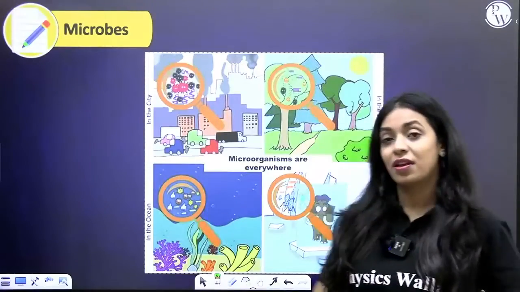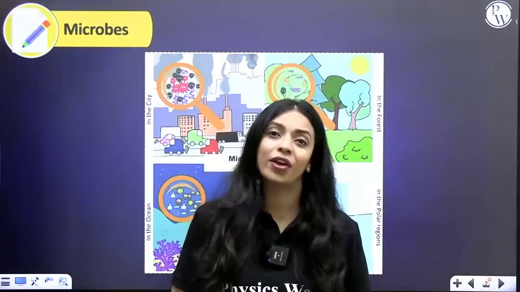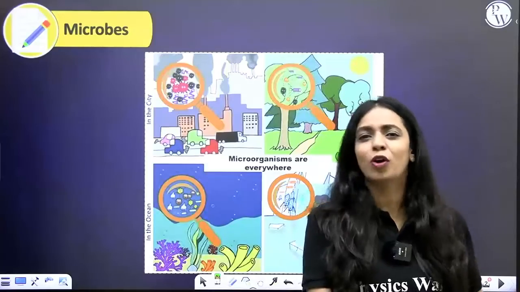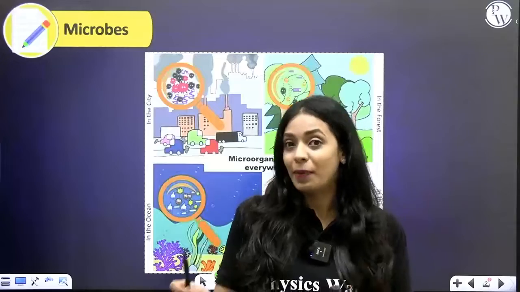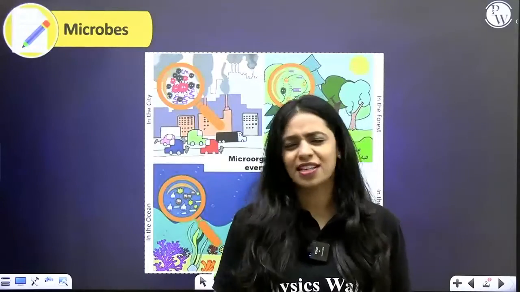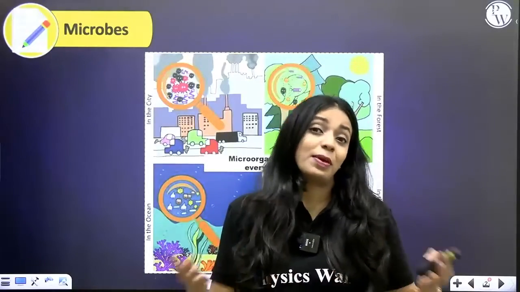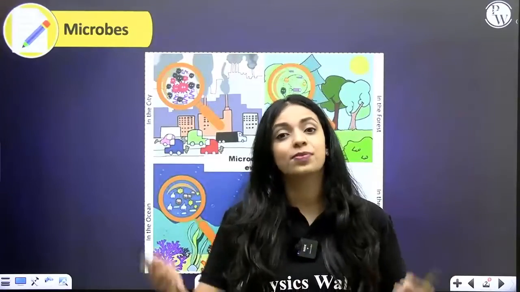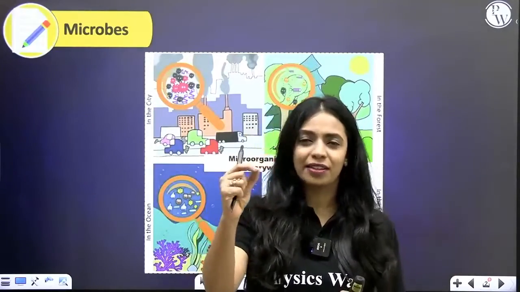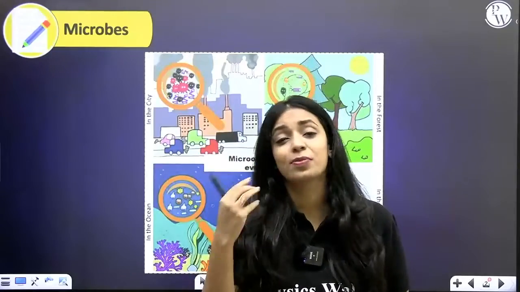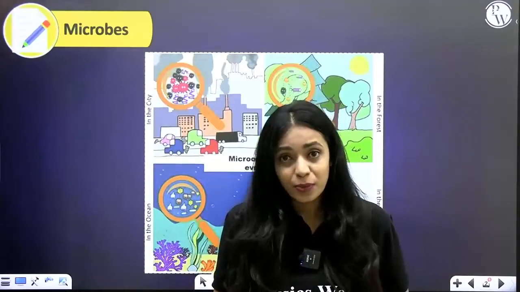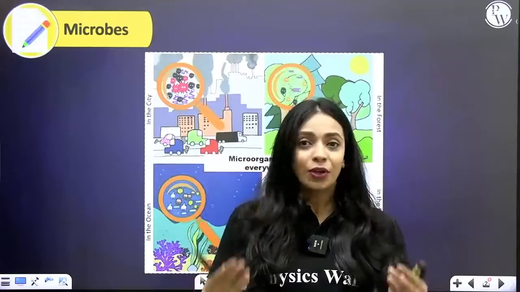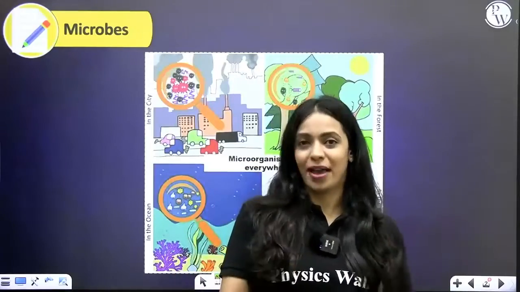What are microbes? Microbes are also called microorganisms, or in layman terms, people call it germs, right? So what exactly are these microbes? I'm sure you all know what micro means in general English, right? Micro means something that's extremely small or tiny. Microorganisms are those organisms that are super tiny, too small to be visible to your naked eye. You cannot see them unless you look at them under the microscope. So all of these organisms that cannot be seen with your naked eye and have to be looked at under the microscope are called microorganisms.